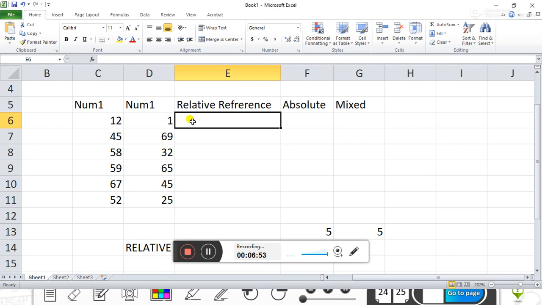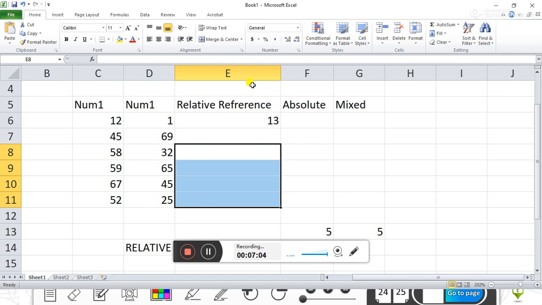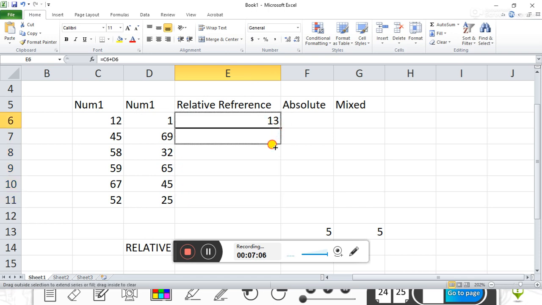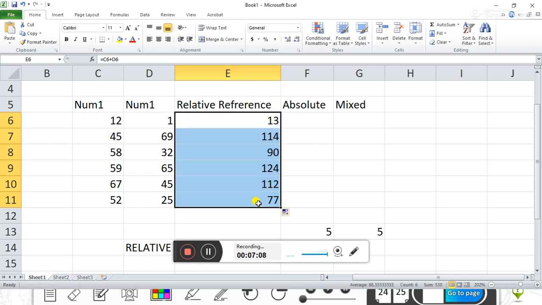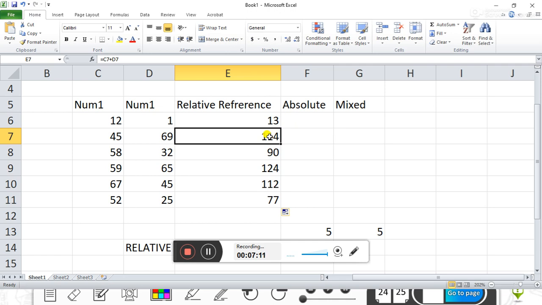Here in relative reference, we calculate the value as equal to first value plus second value. After that, when we copy, see what happened here. The formula cell address automatically changes.